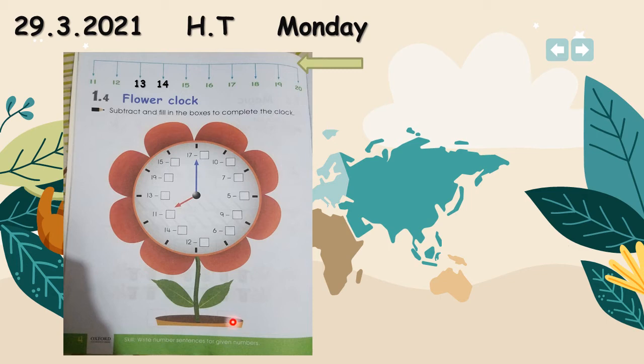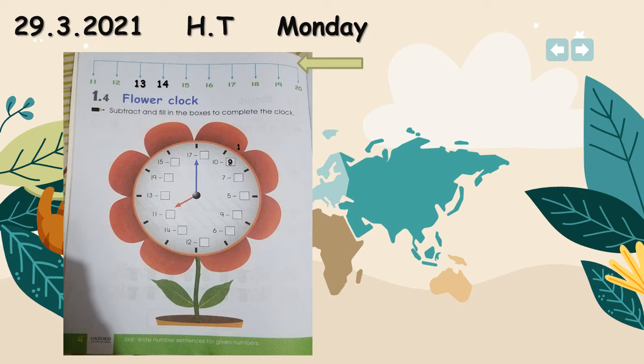The first one is 10. Here is 10 minus, then there is a box. How many numbers will we cross? We will minus from 10 to get number 1. Excellent. 10 minus 9. I will write number 9 in the box. 10 minus 9 is equal to 1. Where there is a black line, you have to write their number of the clock.